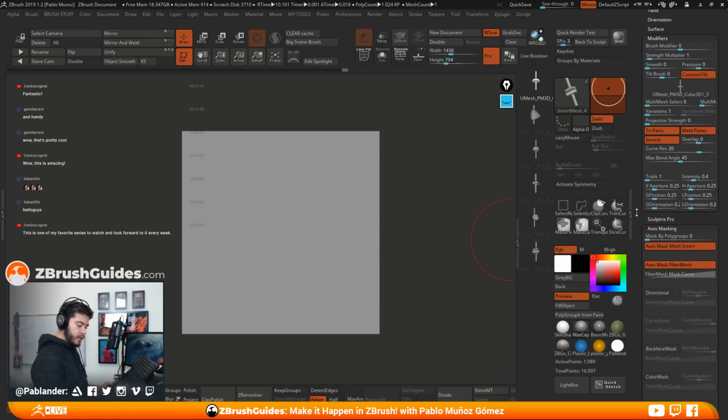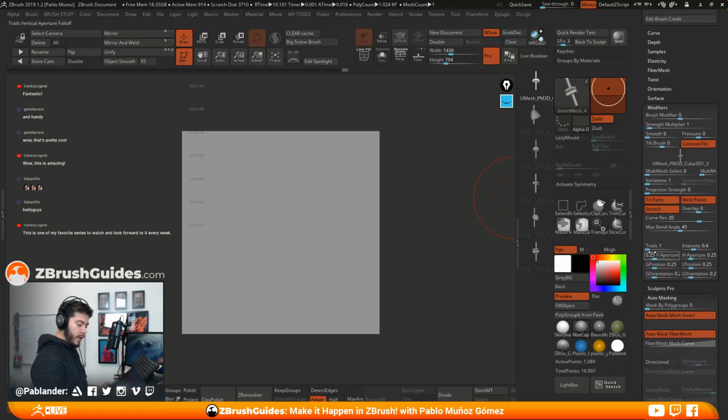So what I want to do is randomize the placement of these pieces into the curve. We have these really cool sliders here, this multi-mesh select slider. If I go to 1, 2, 3, whatever, I should have 6, including 0, so 0 is number 1 really. From 0 to 5, I'm basically selecting which one of these. This will be 0. If I go to 2, it will be this one, and 5 will be this, right? So this slider allows you to select